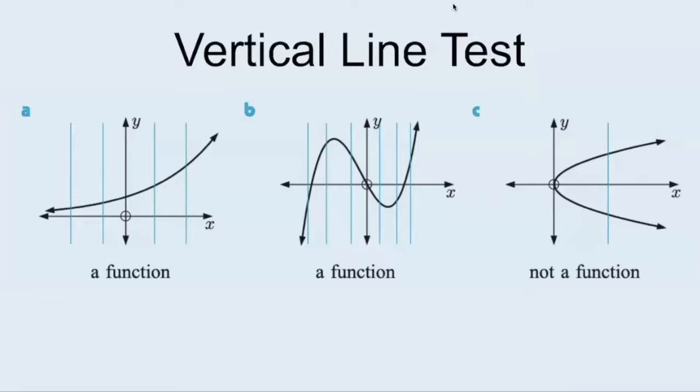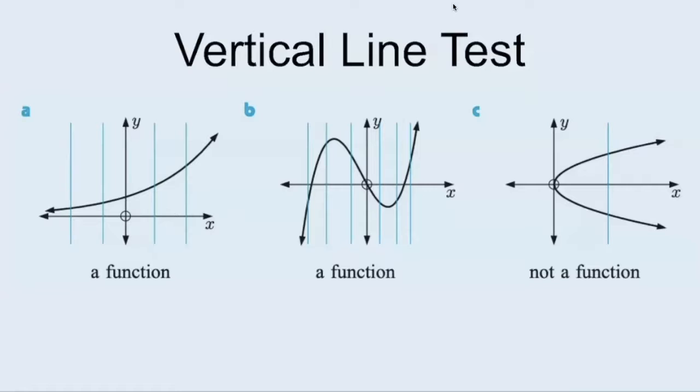Besides the algebraic test, there is also what's known as a vertical line test to test whether or not a function exists. Again, it may be a relation, but it doesn't mean that it's necessarily a function. Just because you can express it as an equation does not mean it is a legitimate function. So if you look at the first three examples here, the vertical line test tells us that A and B